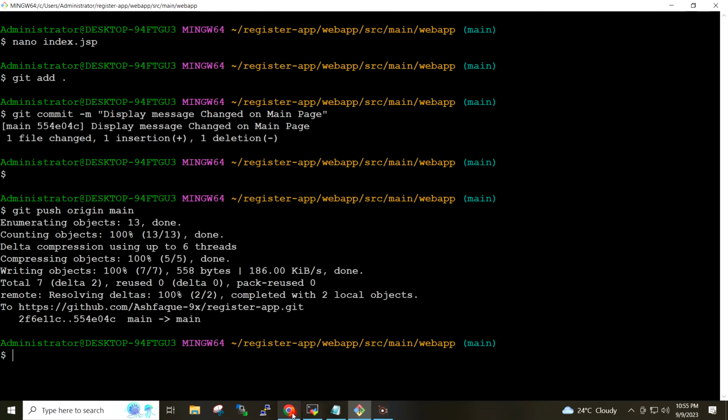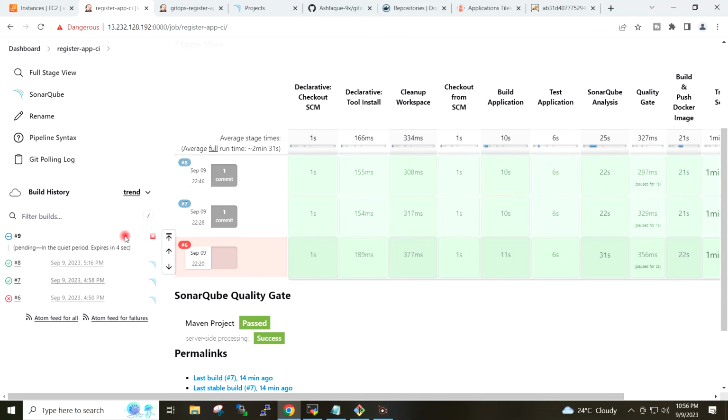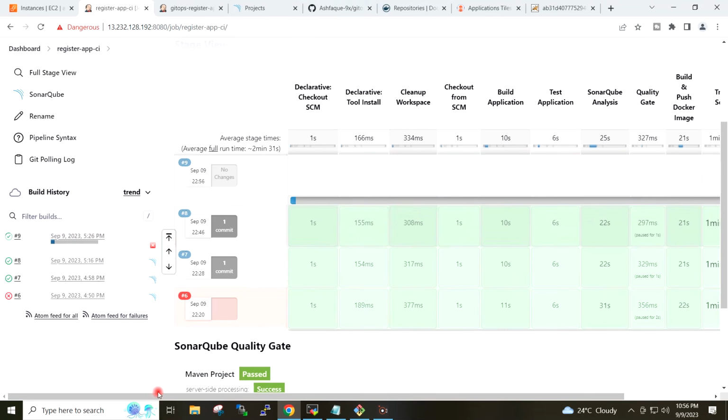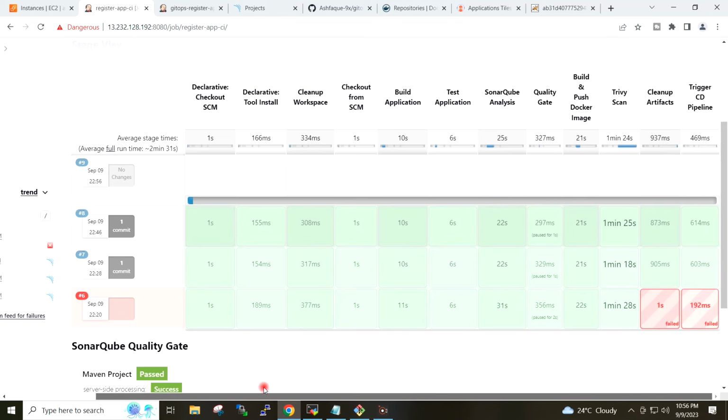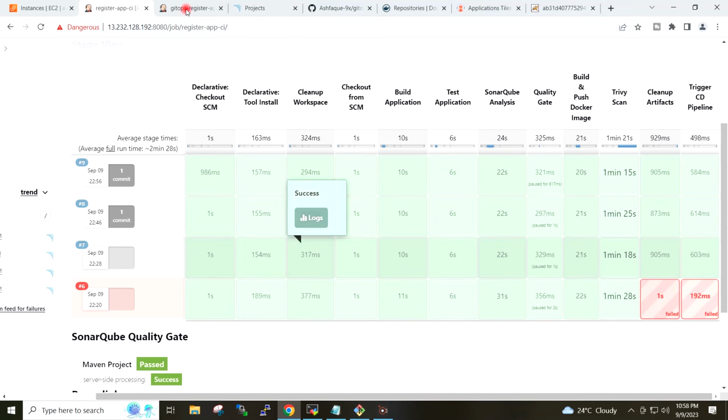If I go to CI job, it has triggered automatically upon the push on the GitHub repository. CI job completed successfully.